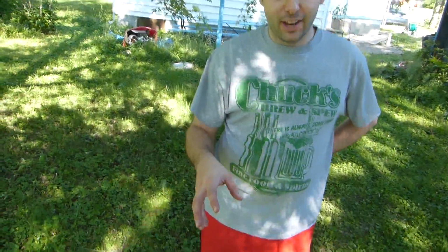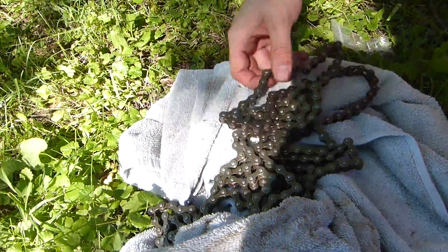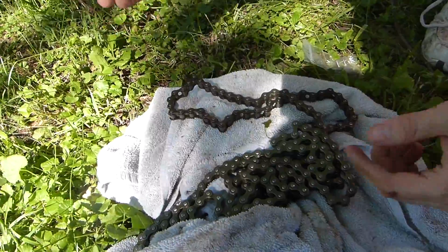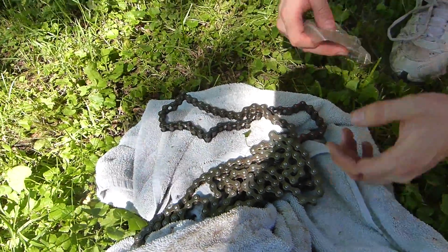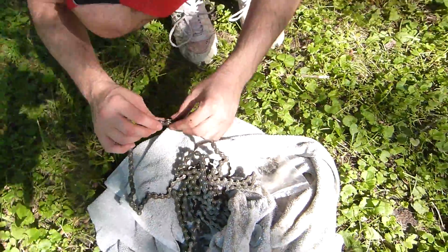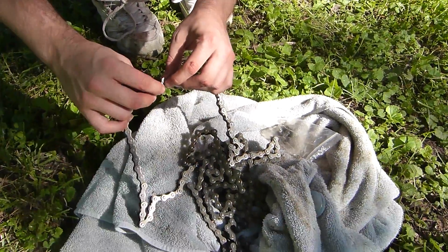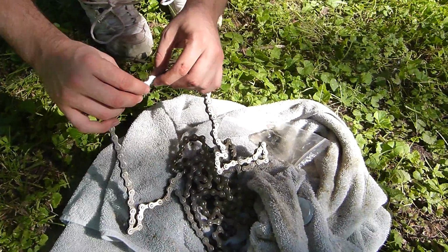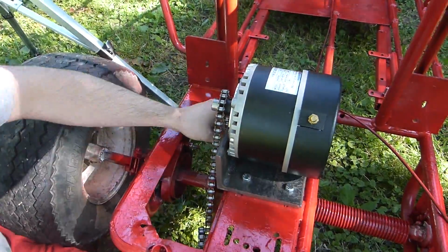So the hard part now is to get the chain on. We have a number 41 chain and it's down here. We need to make sure that when we put it on, we're going to mark it on one of these chain links, and then we're going to put a master link on and then connect it again. I don't know if that makes too much sense, but we're going to give it a shot. Let's go for it. So a good way to measure it